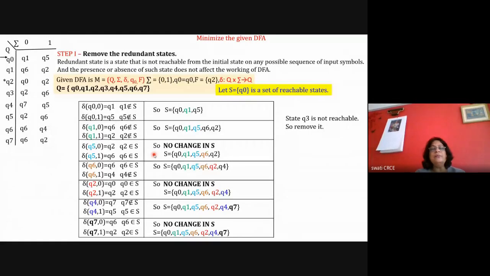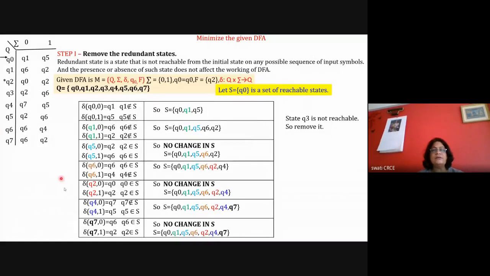In the books, what they will say is that you just look at the diagram and represent it in some different way and identify, and then you may make a mistake. If you follow these particular steps, then you will not make any mistake in finding the non-reachable states and representing it properly mathematically, so you don't lose any marks. Any doubt in this?